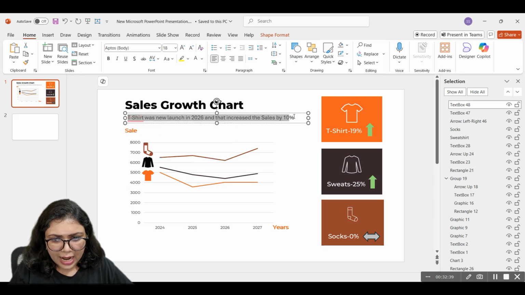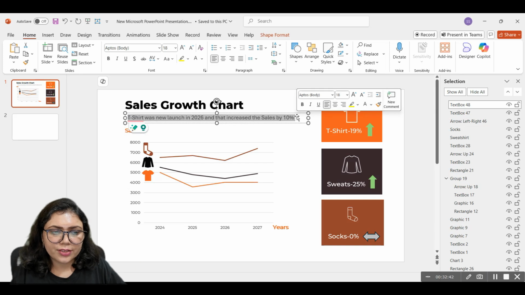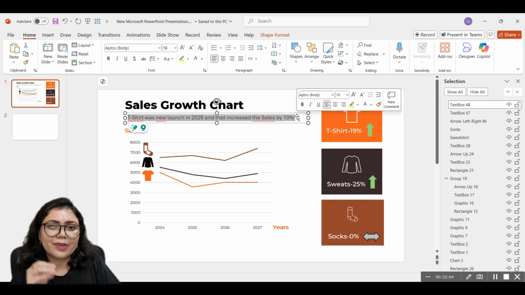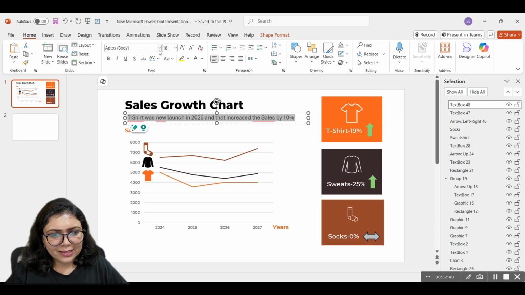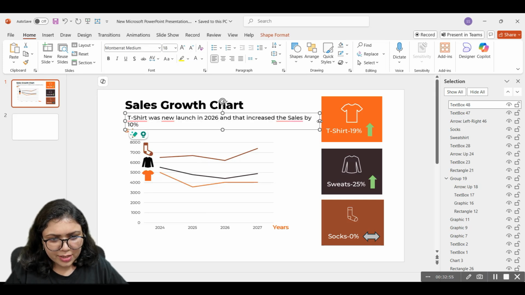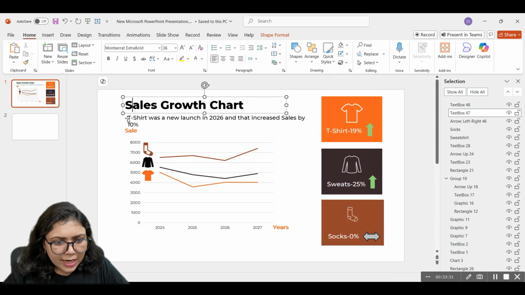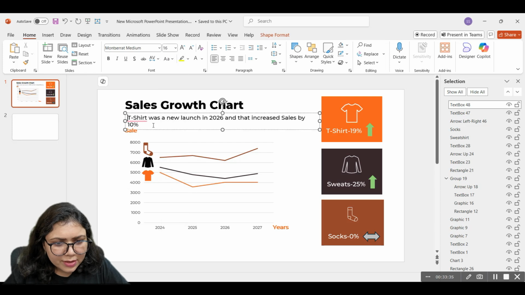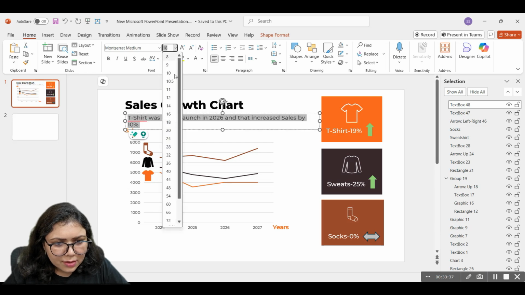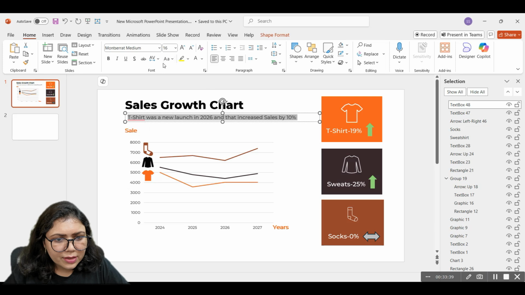So you can just add these kind of details which are the overall summary and something that is very important for your audience to see. Again, we want to use the same fonts. That's why I'm just going ahead and using the Montserrat medium in this case. Now you can actually go ahead and maybe make it a little smaller so that it can fit in one line. Okay, and then you can change the color also of this,